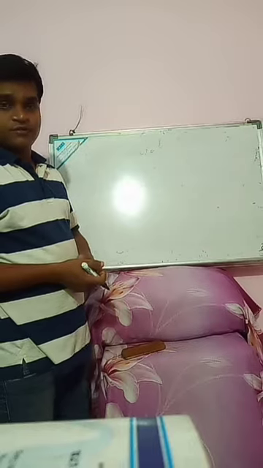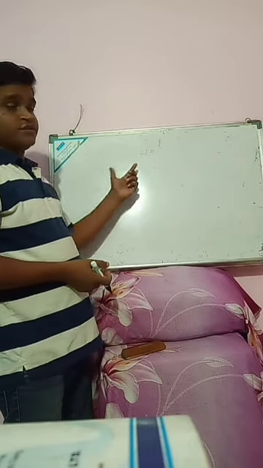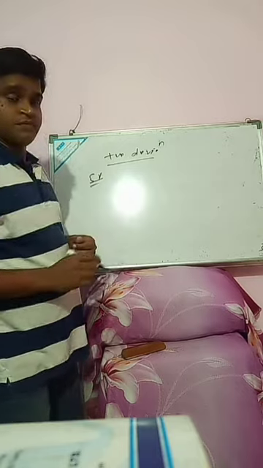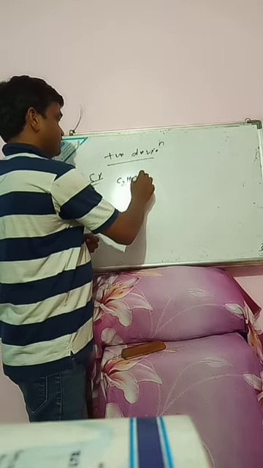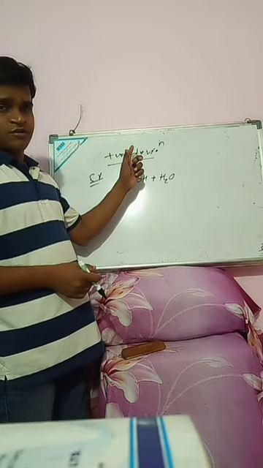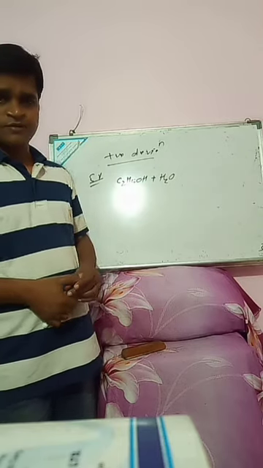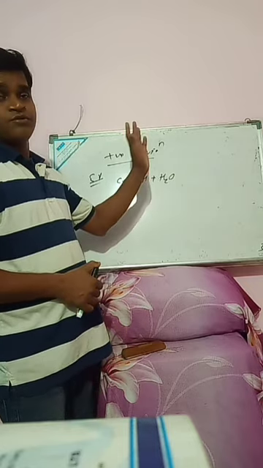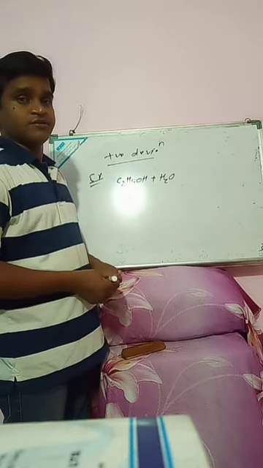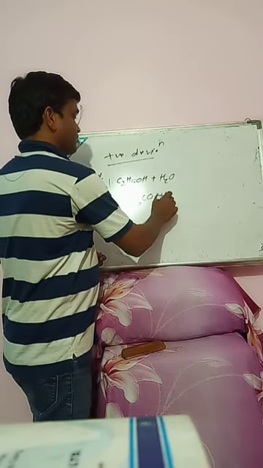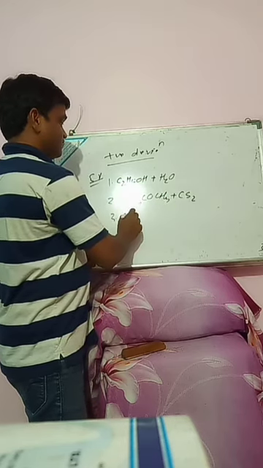Next, what are the important examples of solutions showing positive deviation and negative deviation? In positive deviation, an important example is ethanol and water. Why do ethanol and water show positive deviation? Because the force of attraction between ethanol and water is less than the force of attraction within the water molecules. Similarly, there are other examples like acetone and carbon disulfide,